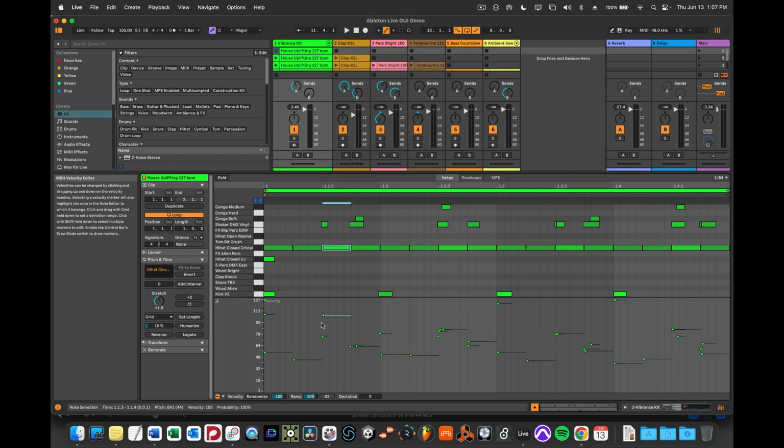Now, it can also have differences in the timbre of the instrument, or different velocities can trigger different samples in a sample-based instrument. Velocity is quite complex, but for now, you can just think of it as like a volume thing. And then there's one more thing I want to show you about the MIDI editor before we look at the audio editor,